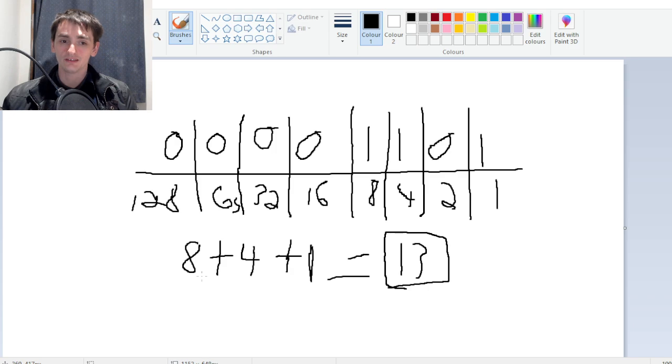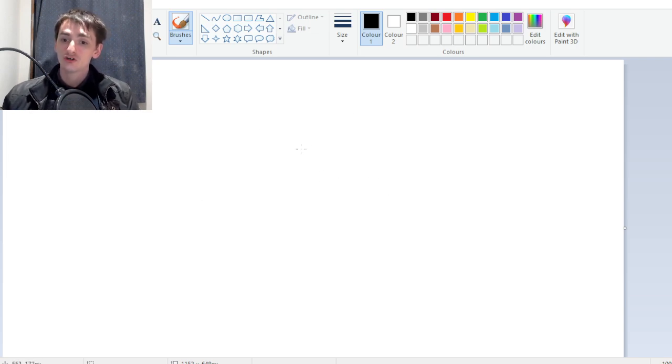So let me just do my counting again so I don't get it wrong. 8, 9, 10, 11, 12, 13. Yes. And that's how we can convert binary, which is basically zeros and ones, into decimal, which is 13. And of course, if we wanted to convert it back, so if we wanted to